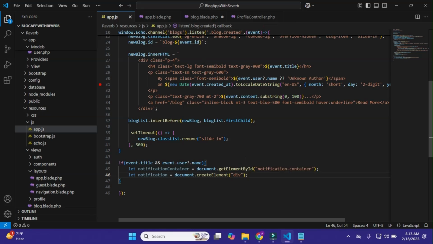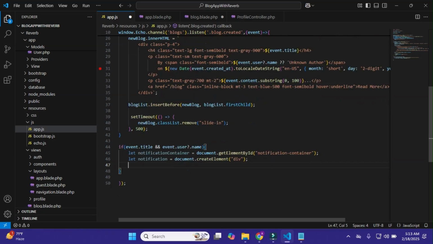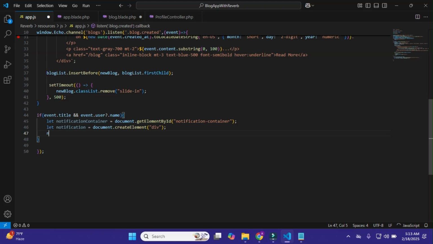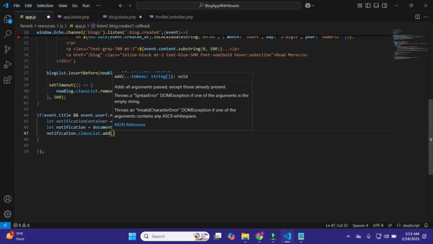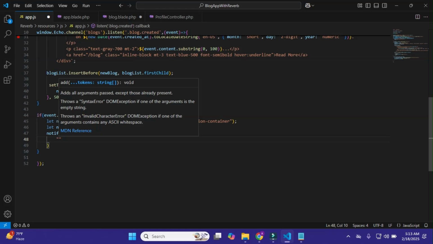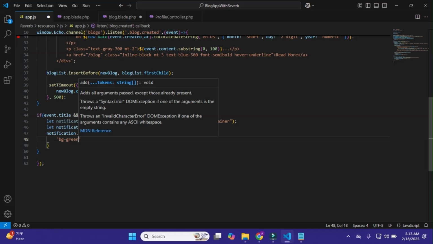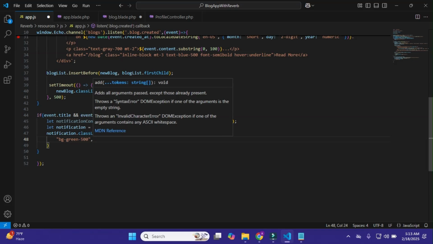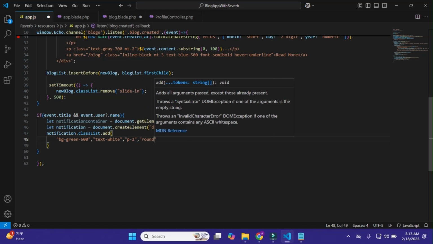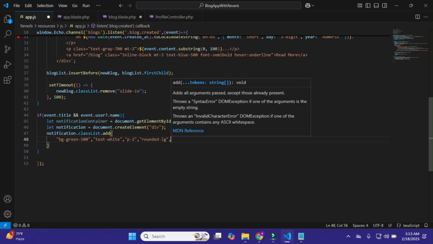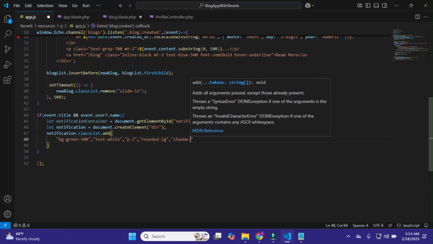Okay, just this, and after it I'll make it notification.classList.add, and here I'll give some classes to it, that is bg-green-500, text-white, p-2, and after it rounded-lg, and after it shadow-md.